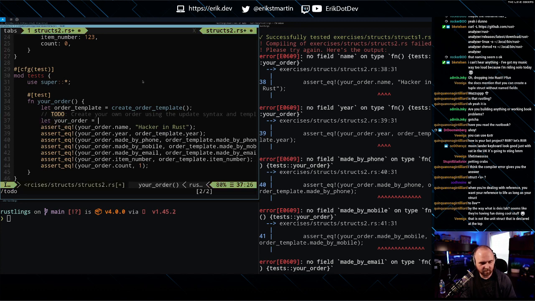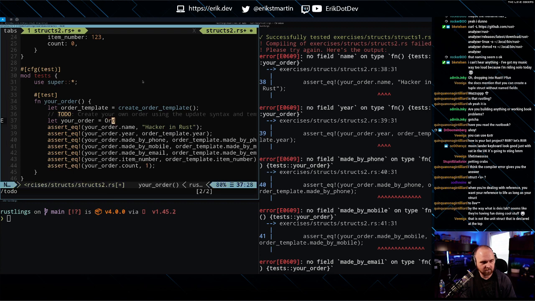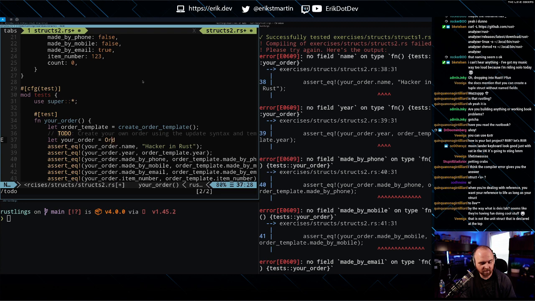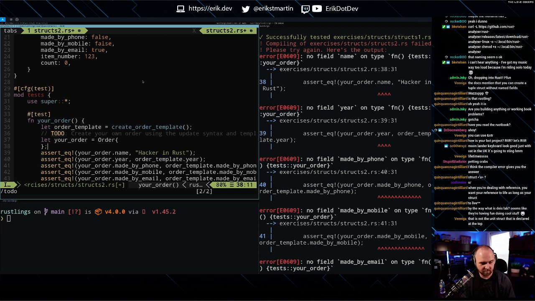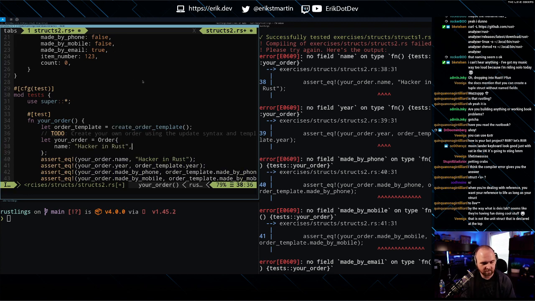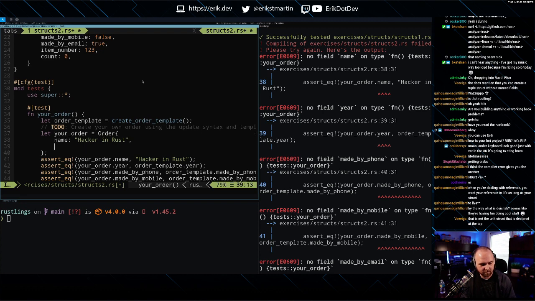Okay, so then we would just have... I really wish that was working. I don't understand why the Rust Analyzer isn't working here in this LSB thing. The tab completion would be really nice right now. Alright, name. Hacker in Rust. Order template.